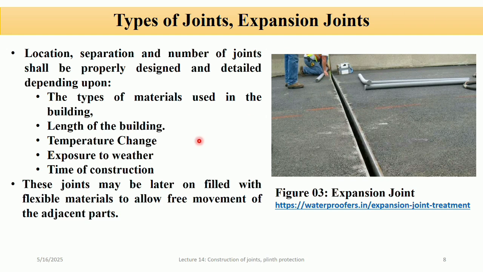Expansion joints must be carefully located and detailed by the engineer based on the structure size, material, climate, and construction timing. Properly designed joints filled with flexible material protect the building from stresses, cracking, and long-term damage,